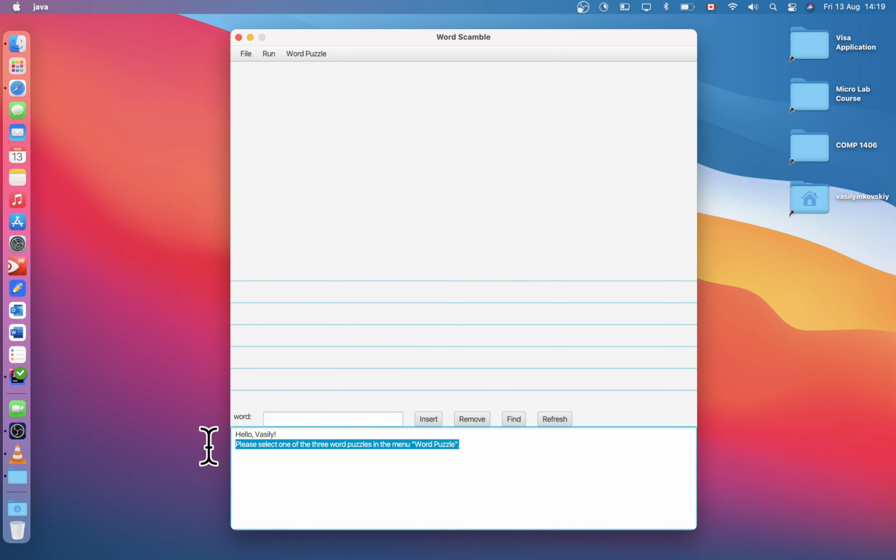Importantly, at the bottom here, in the console area, we have a greeting message saying hello Vasily, with my name. It also asks us to select one of the 3 word puzzles in the word puzzle menu. If you press on the refresh button, the greeting message will disappear. Now if we go to the word puzzle and press on one of those puzzles,